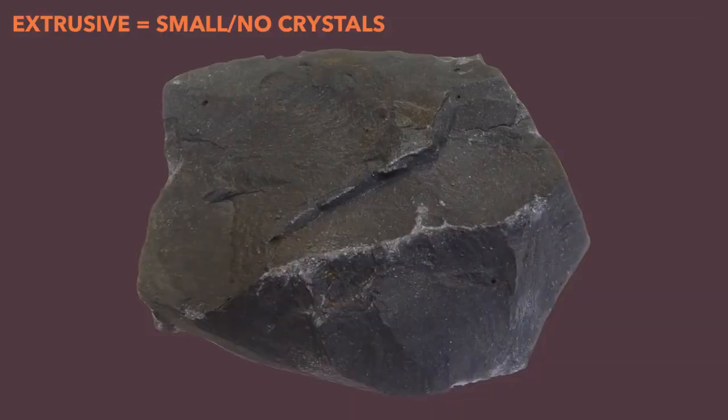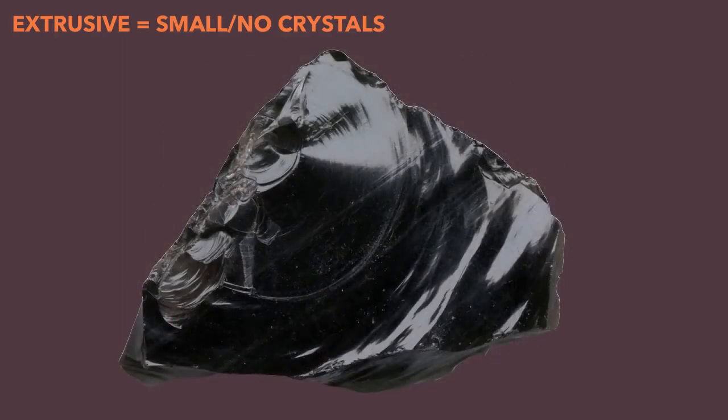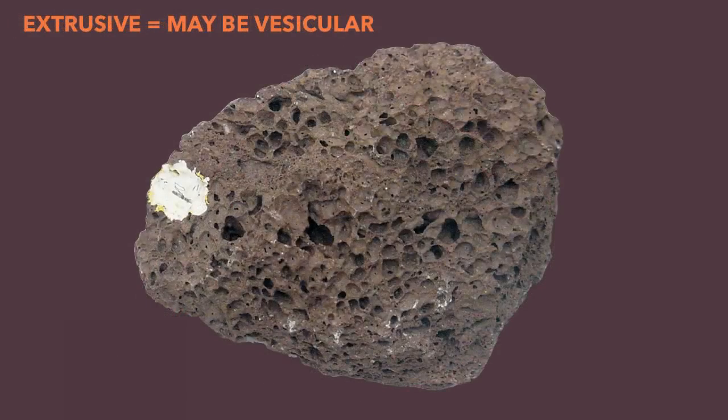Let's take a look. This is a rock called basalt, and you'll notice that you can't really see any crystals at all. If you look with a magnifying glass, you would find really tiny ones that are smaller than a millimeter. That's a sign of an extrusive rock. What about this obsidian? Now this is interesting. It cooled so quickly in a matter of seconds that no crystals were able to form at all, and so you have this kind of glassy appearance. Finally, if it cools quickly enough, you might get air bubbles trapped in the lava and become part of the rock in the form of these vesicles or vesicular texture. You would look for